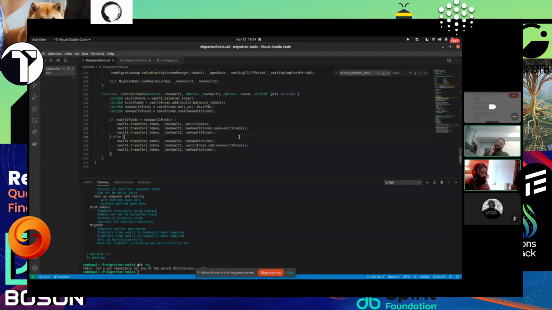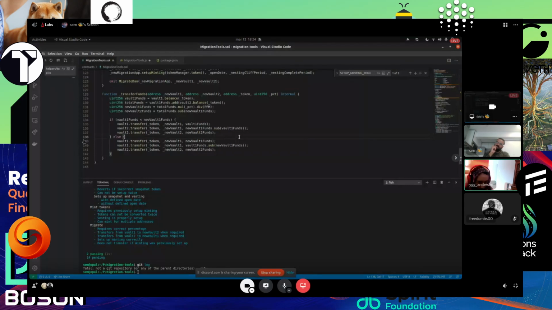Yes, exactly. So we're going to have a minimum amount of redeemable funds in new vault 1. If we don't have enough funds here, then we go to the second case, which is we transfer all of vault 1, and then vault 1 dot transfer new vault 1, new vault funds dot sub new vault 1